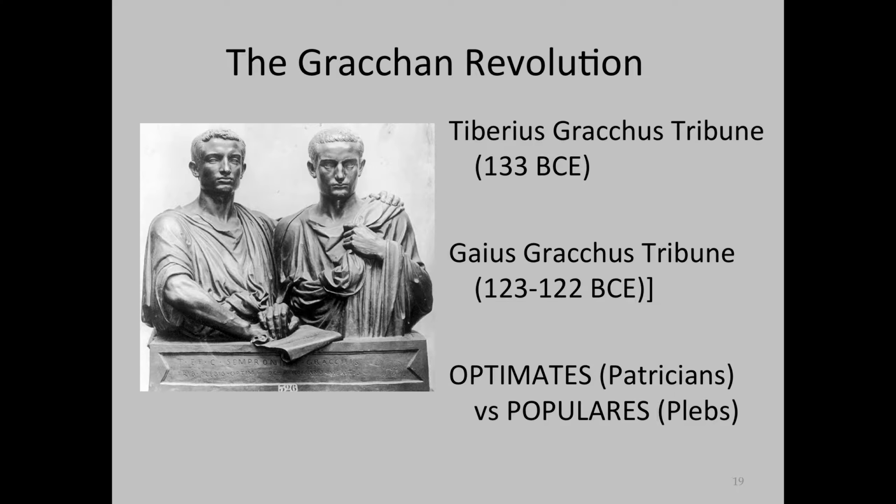Octavius comes in with the veto, and Tiberius refuses to accept his colleague's veto. And he does something that is unprecedented. He calls a special meeting of the People's Assembly, the plebeian assembly, and puts forward a special motion to remove his colleague, the colleague that defied his authority, from office.